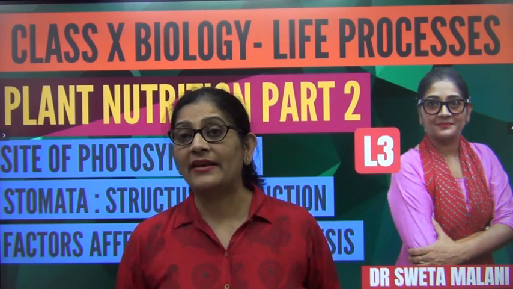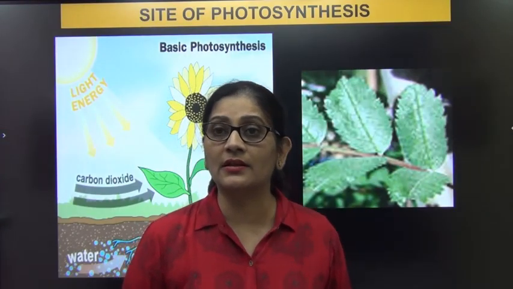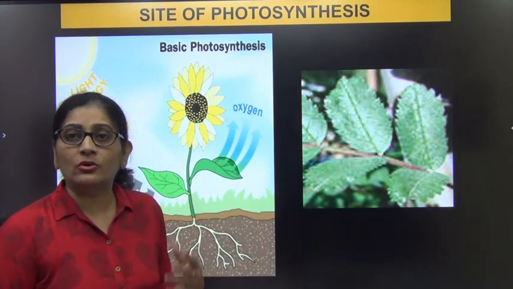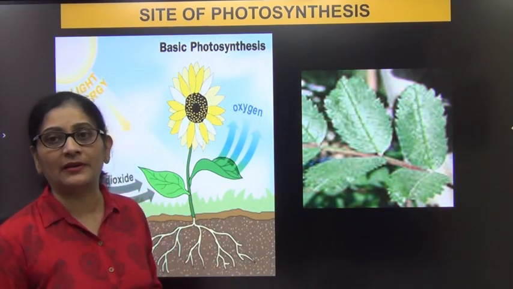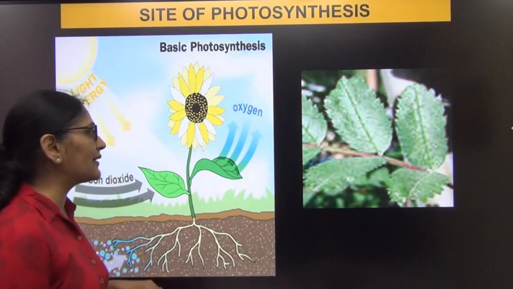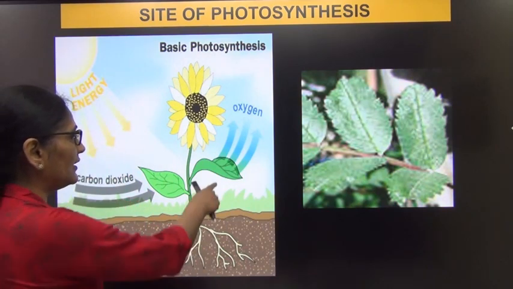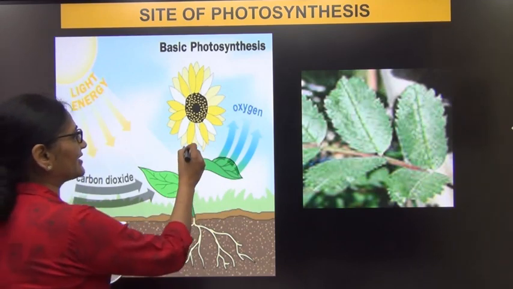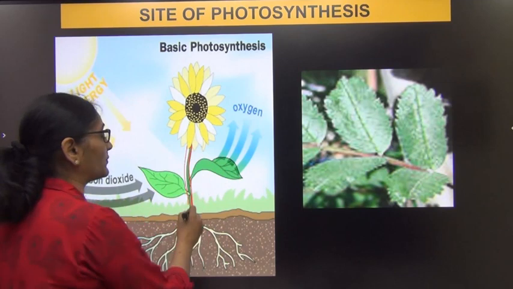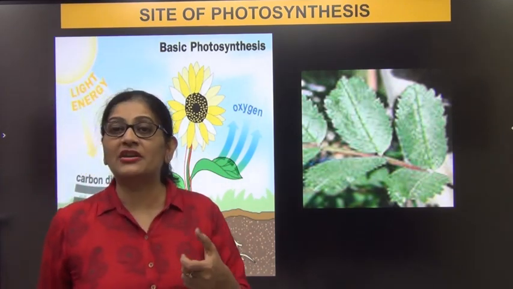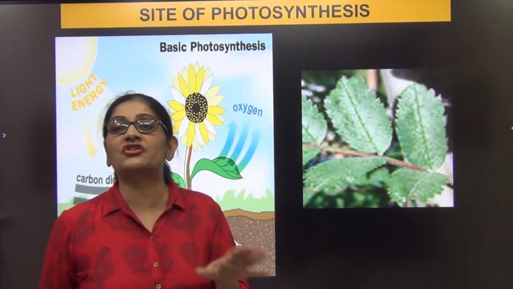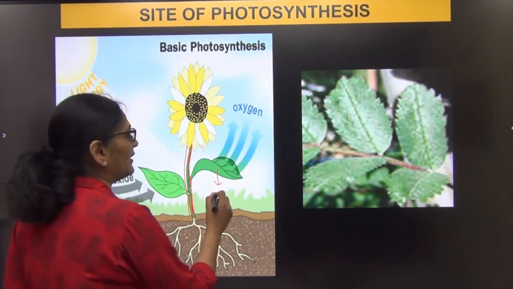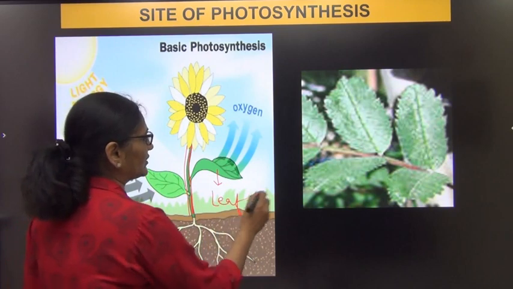So the moment I say what is the site for photosynthesis, the thing that comes to our mind is the green parts of the plant. Photosynthesis kahan hota hai? In the green parts of the plant. So normally what do the green parts constitute of? It is the leaf. Leaf is the most prominent and obvious green part of the plant. But in many plants, the stem is also green in color. You must have observed in the rose plant, the stem is green in color. So any part of the plant which is green in color will do photosynthesis. But the most predominant part of the plant is the leaf. Right? So this is a leaf.